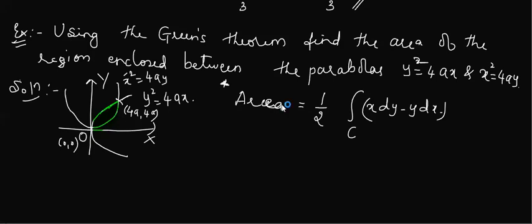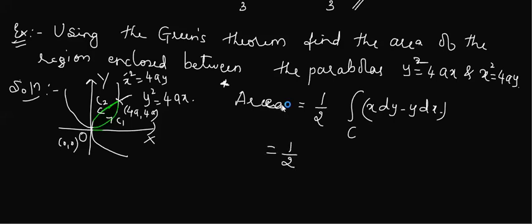Try to attempt. If you are wrong, also I'm there. Two, ma'am. Only two. One part you can say is this, and another part is this. So I can say this is my C1 and this is my C2. If I take C1 plus C2, I'll get a closed curve C. So I can write my C in this format. Area is given by 1 by 2 integration over C of x dy minus y dx.